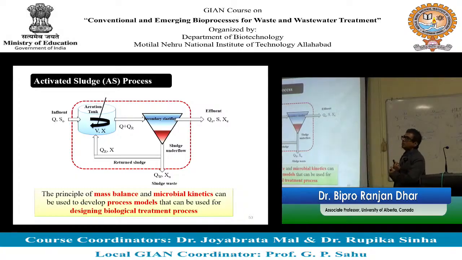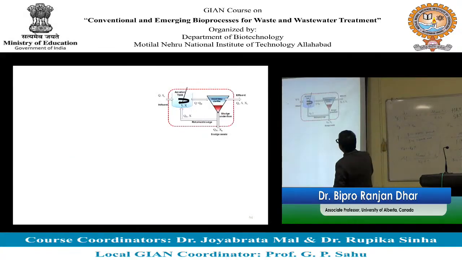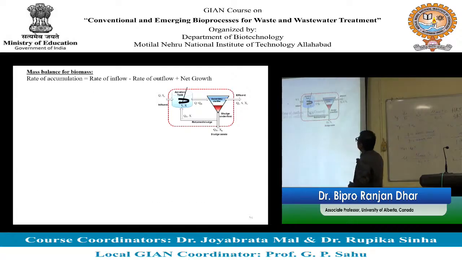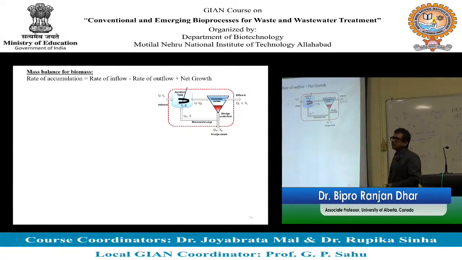So we have to do a mass balance around the system, and we have to use the kinetic equation in there, and then we can come up with an equation that can be used as a design tool. So first thing, we are going to do a mass balance for biomass in the system,